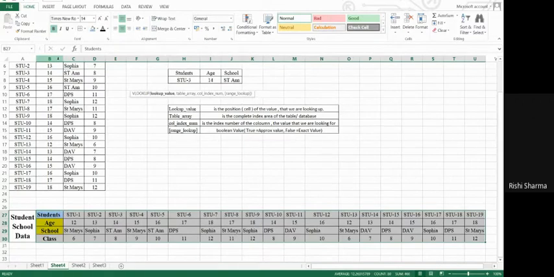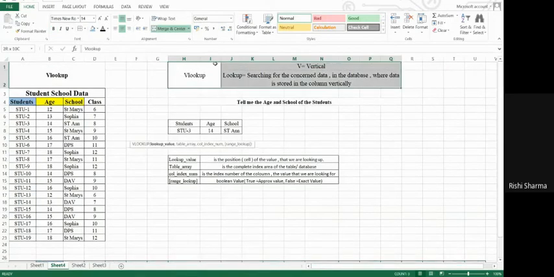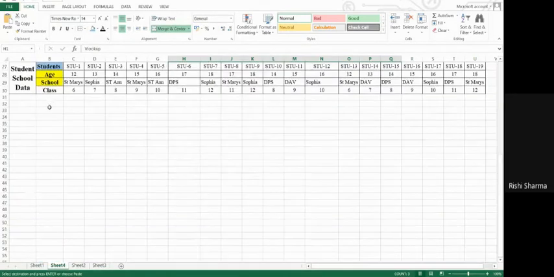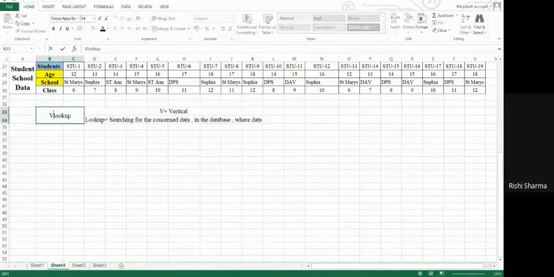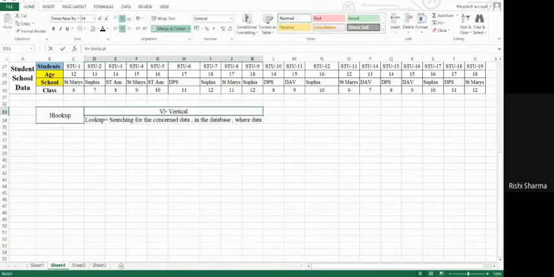If the data is stored in the form of columns, we use VLOOKUP, and if the data is stored in the form of rows, this is row 1, row 2, row 3, and row 4, then we will call it HLOOKUP. That is called horizontal lookup. So let me just copy the same thing from here for you guys. This is called HLOOKUP, and H stands for horizontal.